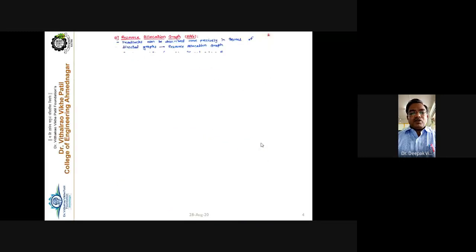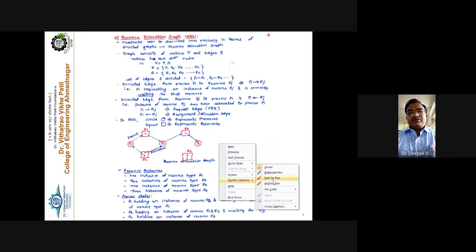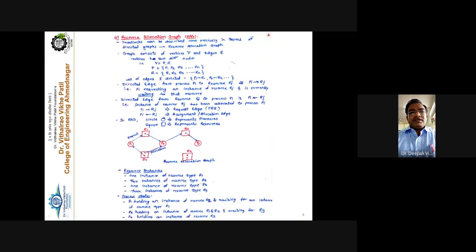That is deadlock prevention, deadlock avoidance, and deadlock detection and recovery. So deadlock prevention is the first method. Before going to that, we have also seen the resource allocation graph, and I'll just revise it. The resource allocation graph is the representation of resources and processes with the help of edges. Resources are represented with the help of a rectangle box, whereas processes are represented with the help of a circle, and there can be single instance or multiple instance types of resources.